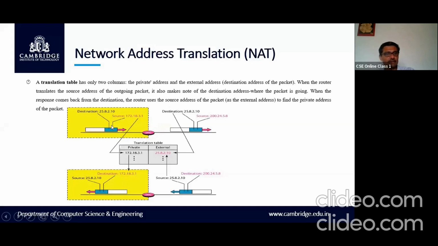So you can see here the packet which goes out from NAT.